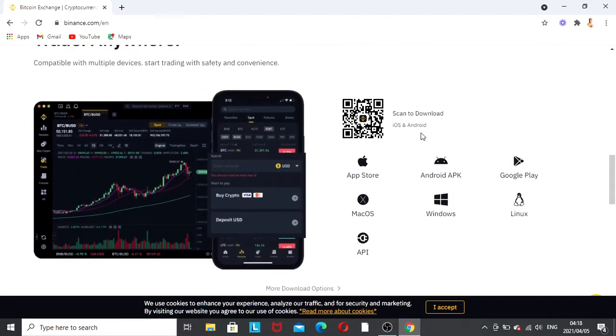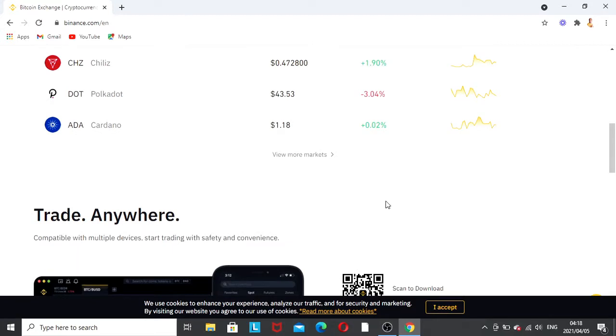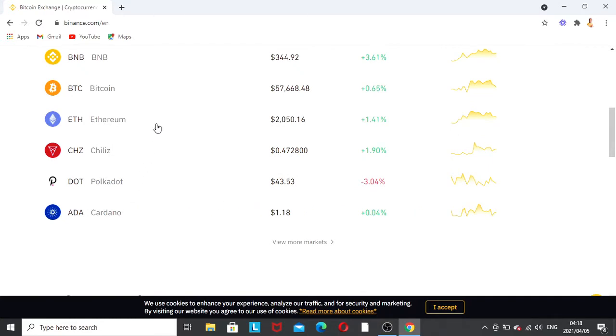So Binance has an app which you can use on a phone, your laptop, even your tablet. Wherever you go, you can just trade anywhere you go. You can download it on the Apple App Store, Android, Google Play, and it's on Mac and Windows and even Linux and API. So man, any device that you have, you can have this app, you can have this exchange, and it has some of the coolest